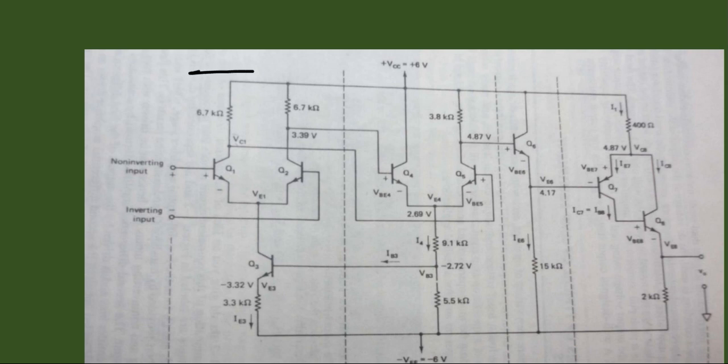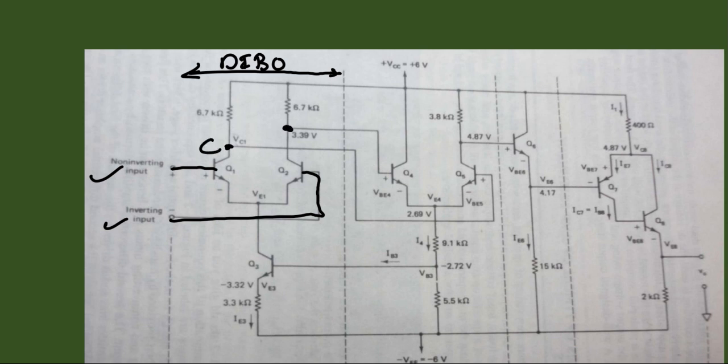So up to this we have dual input, balanced output. So you can see here two inputs are there, non-inverting input and inverting input. So these two are the inputs given to the transistor, and it is a balanced output. We are taking output at two collector terminals. This is the collector terminal. So from both the collector terminals we are taking the output, and then it is given to the dual input, unbalanced output.